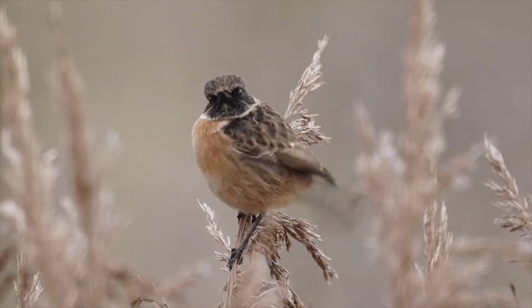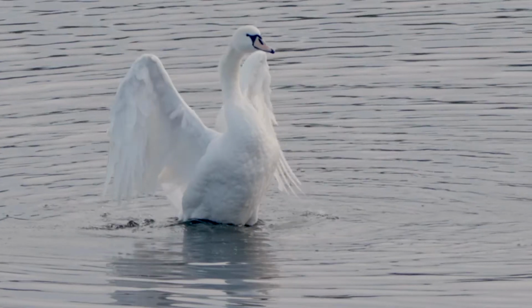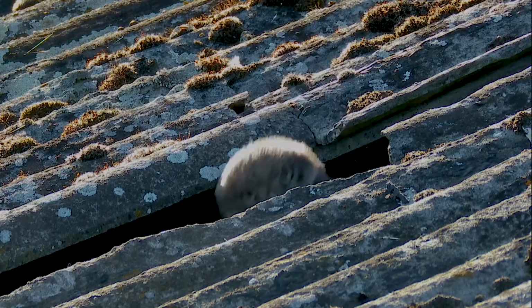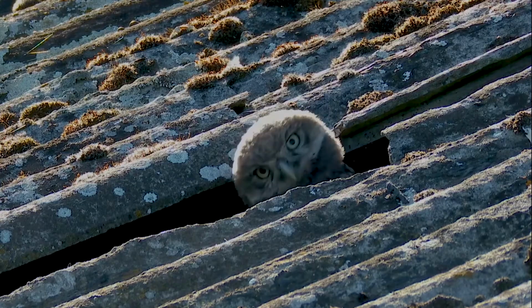One of the best ways you can start really is filming your local wildlife, so you get the hang of what you've got to do with the camera, working out exposures and speeds. After that you can then move on to some of the wildlife trust sites, which will then give you